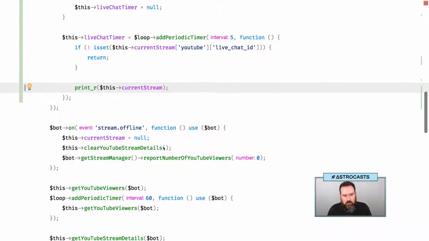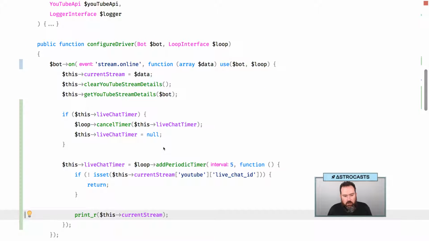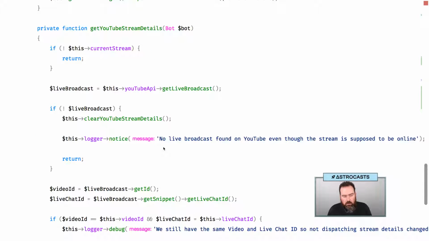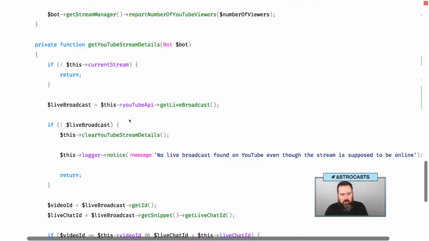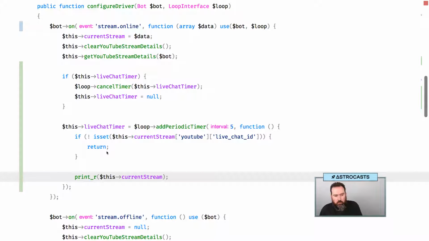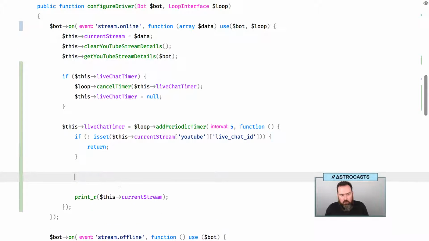So I think what this means is that, let's see here. The YouTube stream details sets it will set the live stream ID initially. What we need to do now is store that somewhere. So we're gonna have to remember that. We'll store